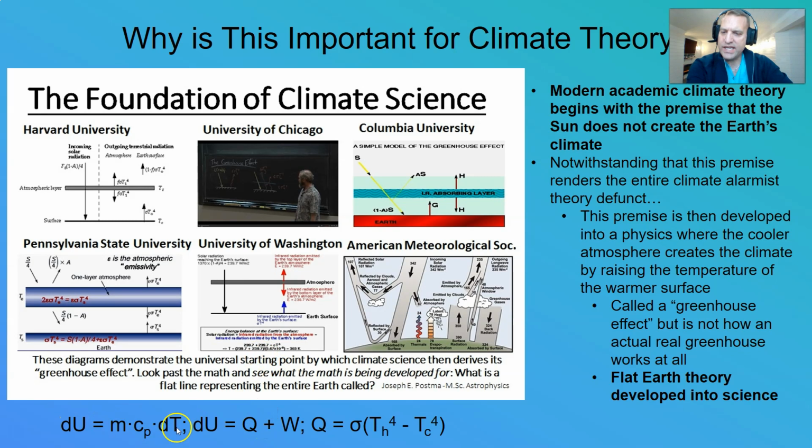Because remember, to increase temperature, we need an increase in thermal energy. To get an increase in thermal energy, you need either heat or work. Then the heat flow equation is this, but it shows that heat can only come from a hotter object, not from a cooler object. So basically, they're just simply having the colder atmosphere sending heat to make the warmer surface even warmer still. So it's just a silly sort of pseudoscience. It's basic pseudoscience is all they've done.